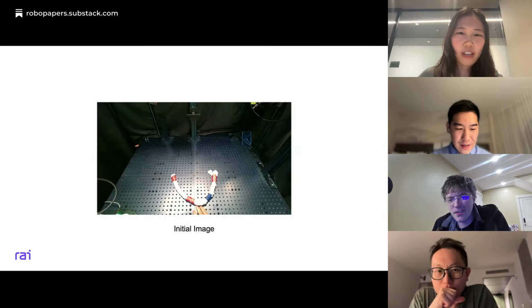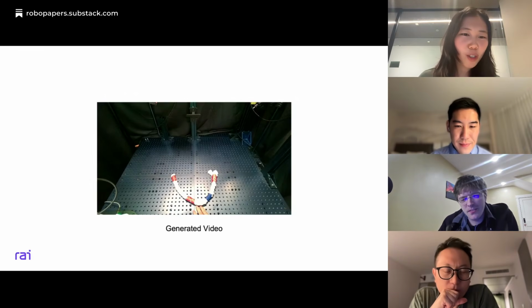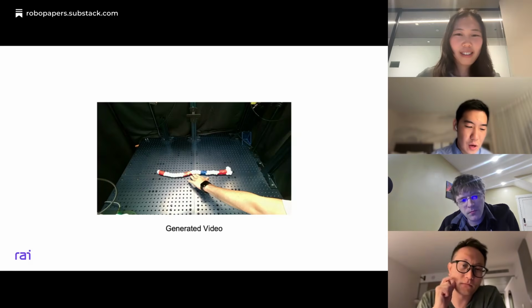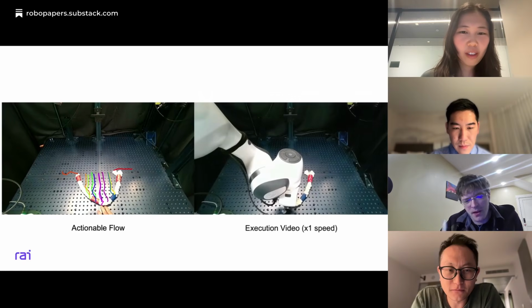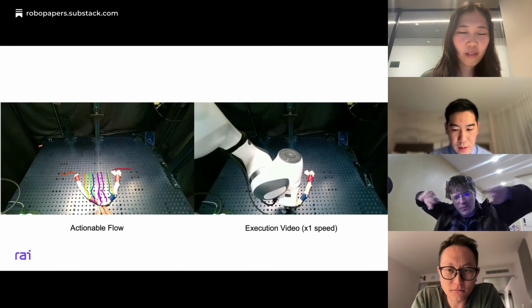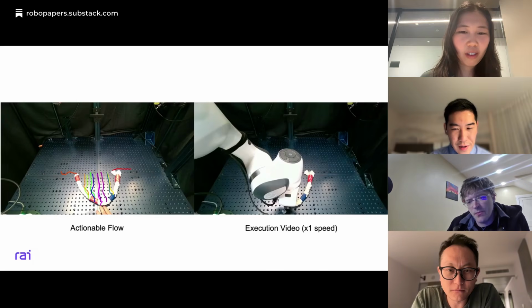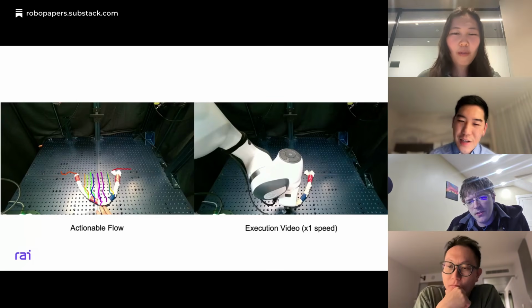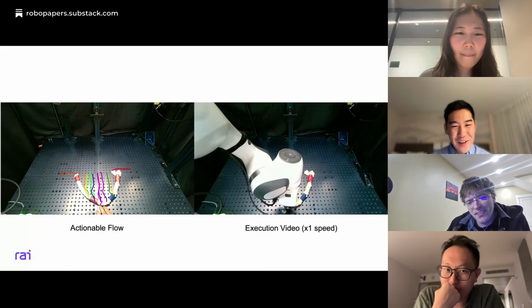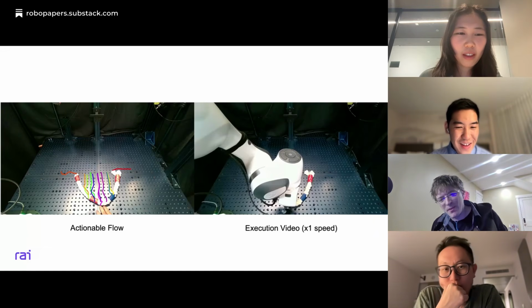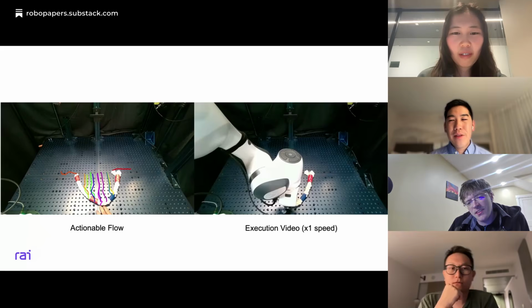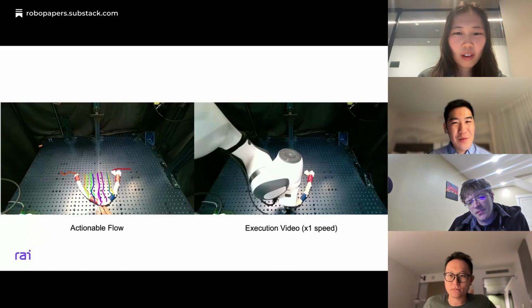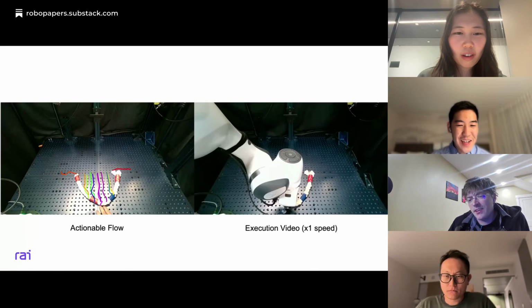And this is where we tried one deformable object, pushing the rope. Our prompt is something like a human hand pushes the rope to straighten it. Doesn't this make the objective a little bit harder to track because you have the two points moving out? How does it rectify that? Yeah, I think it somehow works. There are more points moving, so it's fine, or they all balance each other out, or something. It means the generated video is somehow physically realistic, because that's actually what you expect from pushing this rope from the middle.